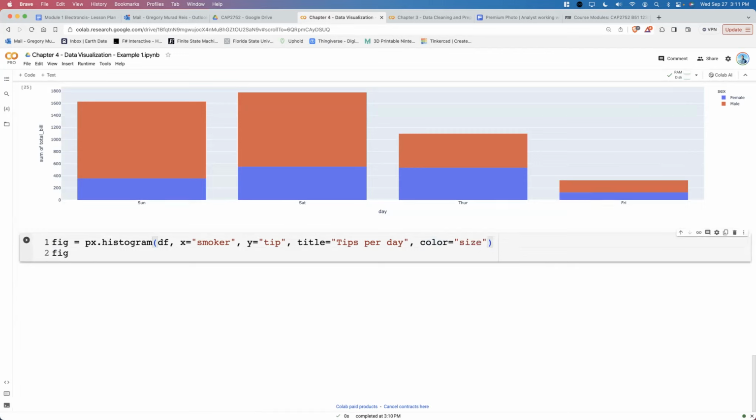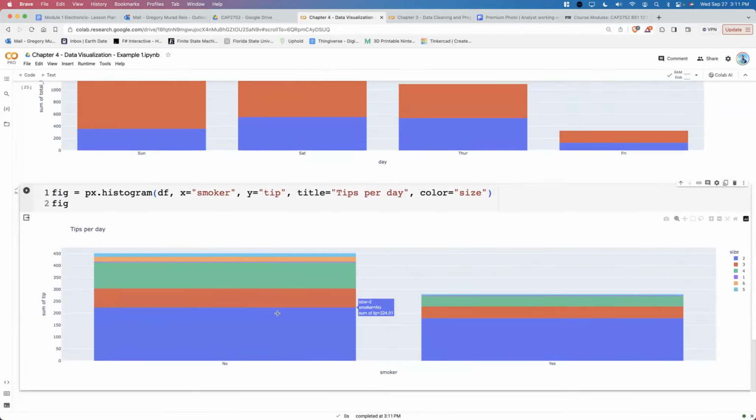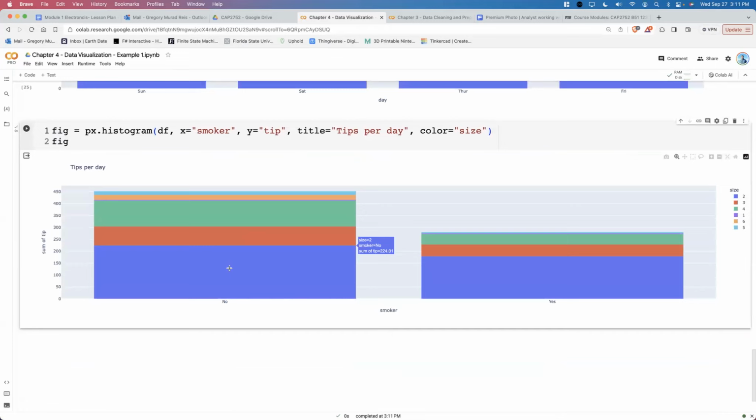So let's use the other categorical value that we have here. And we can show the, there are two smokers, smoker and non-smoker. And in the y-axis, I can have the tip value. So you can see that there's a higher value for the tipping of non-smoker than smoker. And here I separate by the party size, okay? Obviously we're just adding the value. So this is size 2, size 3, 4, 6, and 5, okay? So simple plots